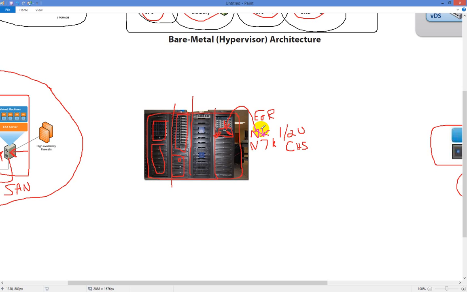And now you might be saying, okay, well, where does the VMware piece come into play? I'm glad you asked. The VMware piece would actually be running here. This is where ESXi would be sitting. ESXi would be sitting on either one of these blades sitting here, and each one would be a different host, potentially.